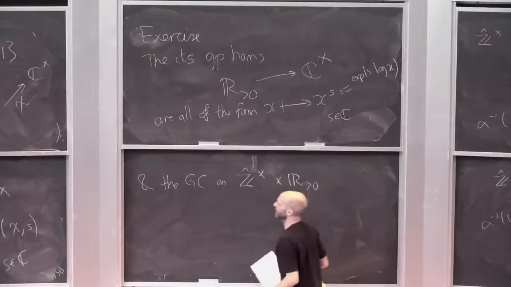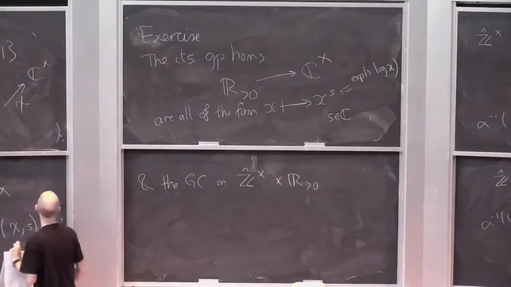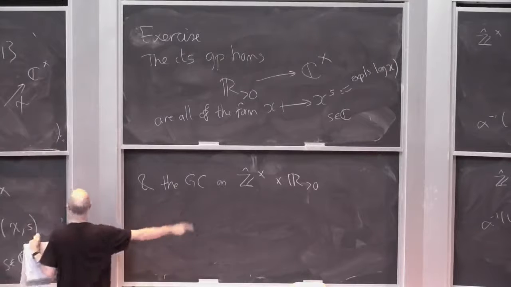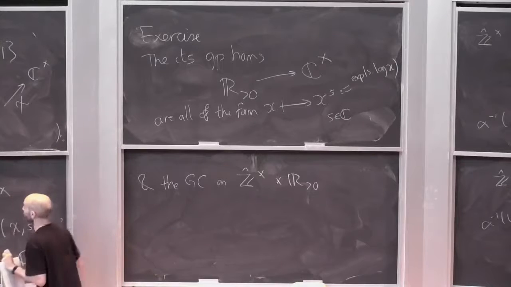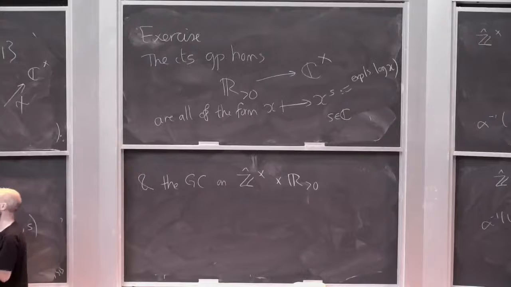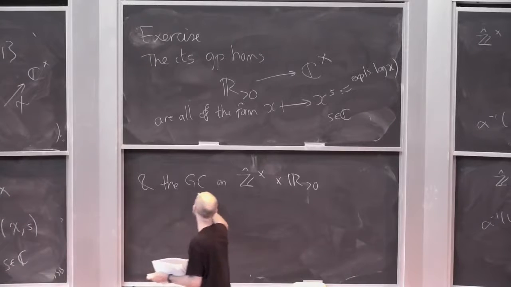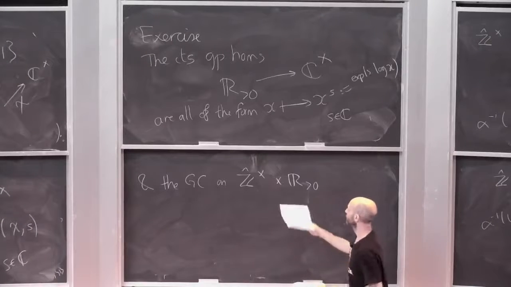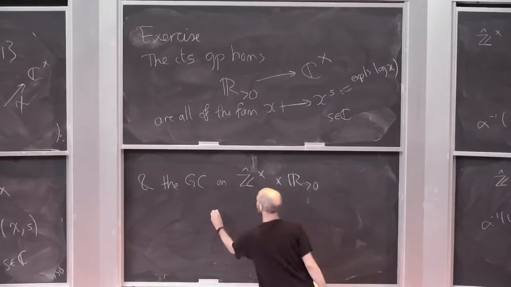I'm only telling you what it is on a subgroup, but that's okay because it turns out that for that subgroup, the natural map from the subgroup into this thing here is a bijection. So all I have to do is tell you what the Grossencharacter is on the subgroup. And the Grossencharacter on the subgroup sends